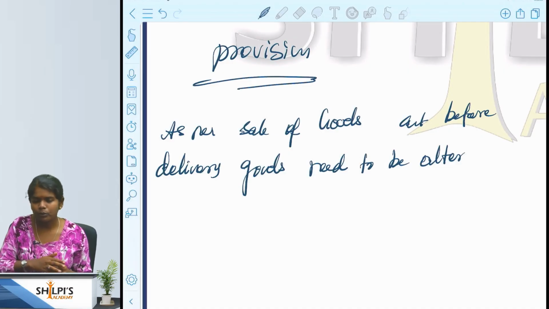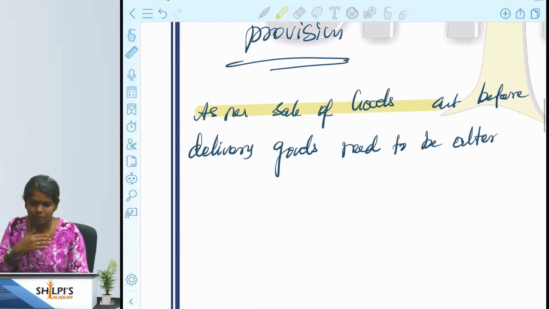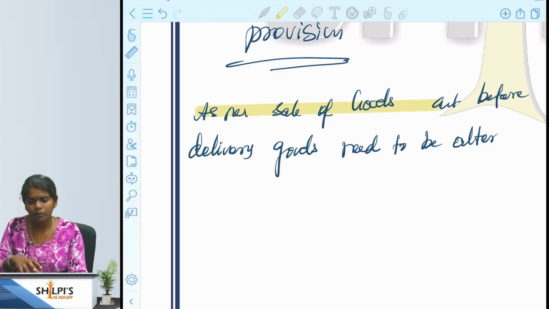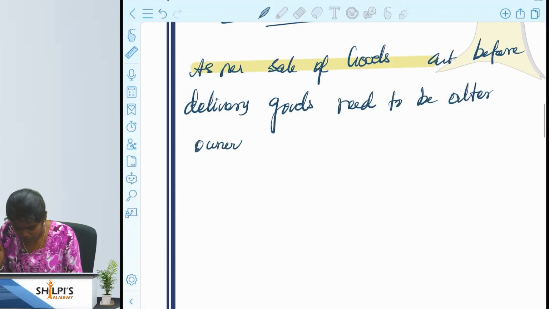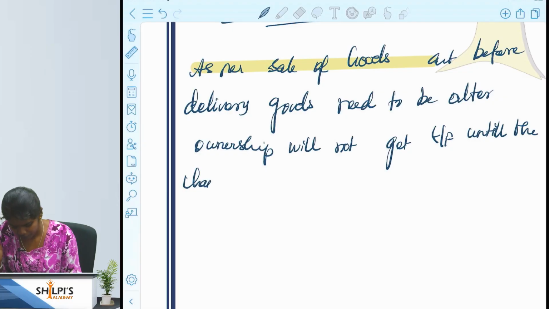And one more important thing, if you know the section very well, and if you don't have any doubt in that, definitely you can write the section number, or else you can write like this: as per Sale of Goods Act. If you know that the particular section number is 35, 28, then you can write the section number also. Okay, but it is not mandatory. But if you are writing a wrong section number, you will lose some marks. And after that, second point, ownership will not get transferred until the changes are done and